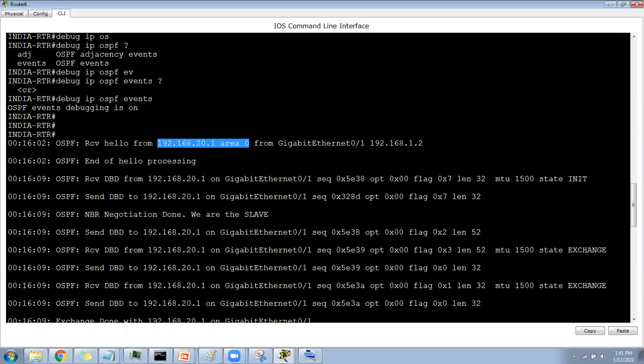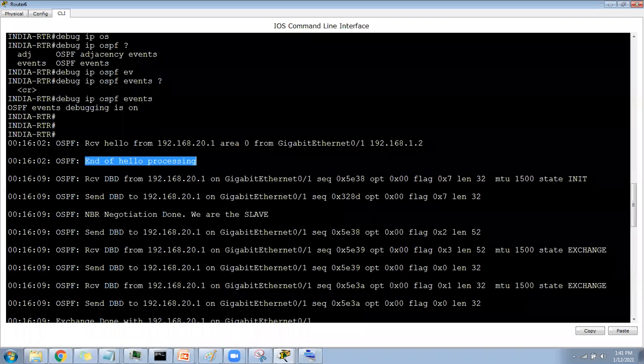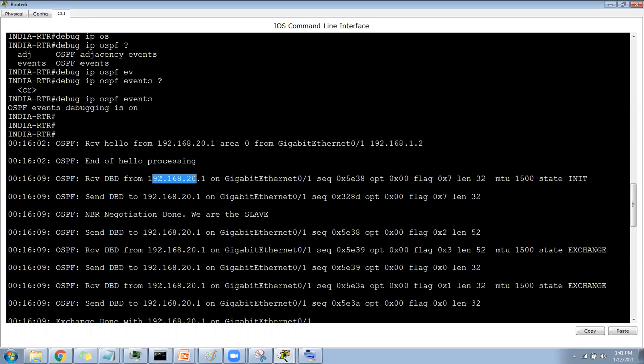And it is coming from GigabitEthernet 1.2, right? Then it said end of hello processing. So hello processing is done. Then again it says received DBD, database description packets, from 20.1 with some sequence. Then the state is